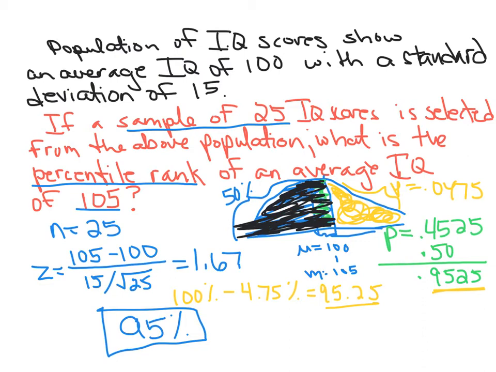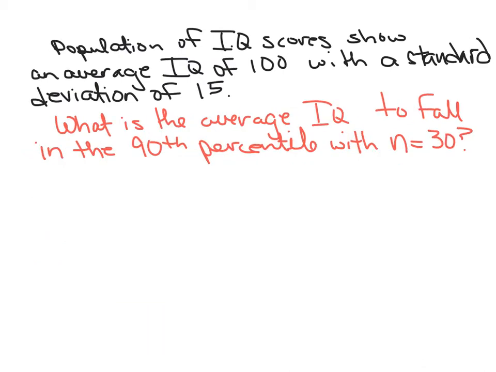Okay, let's try another event for the active engagement practice as well as the exam. So again, using the same information, now it's asking what is the average IQ to fall in the 90th percentile with n equals 30. So we have our sample size, we know what percentile rank we are getting, so in actuality, 90th percentile, we would convert